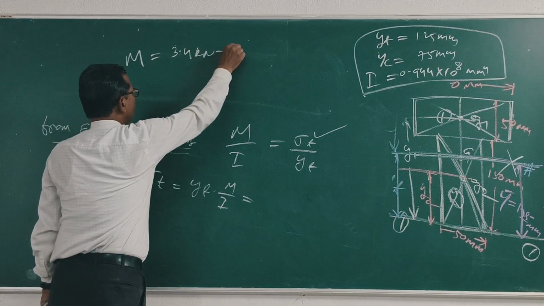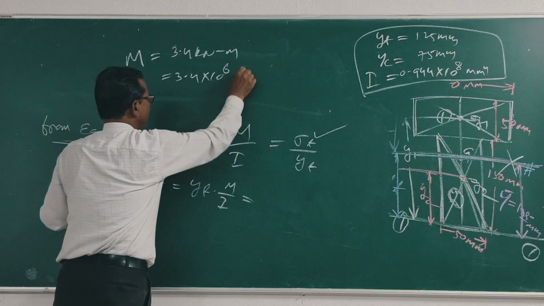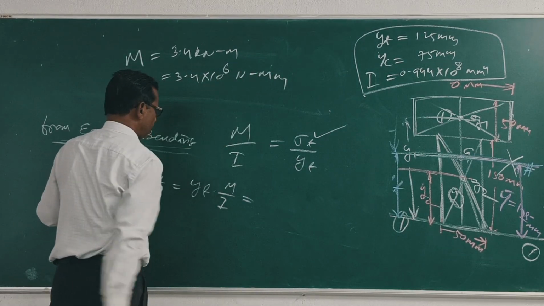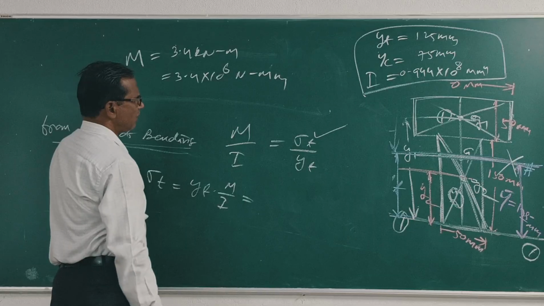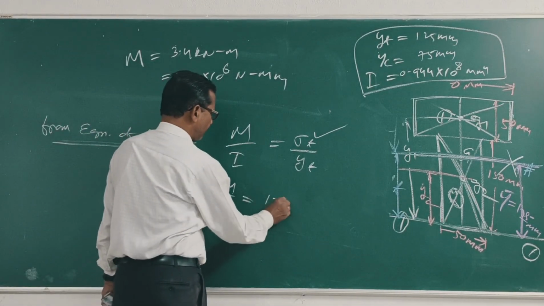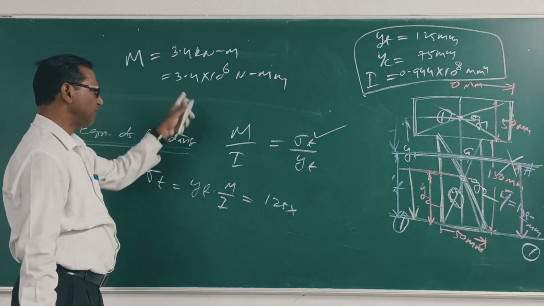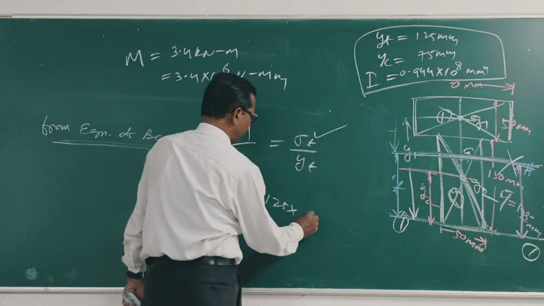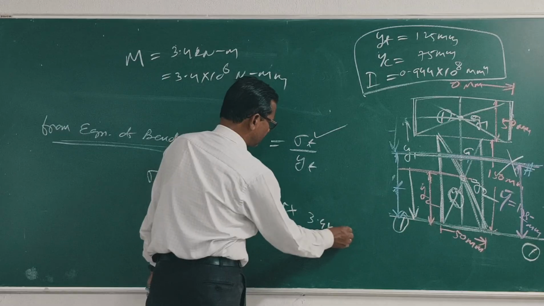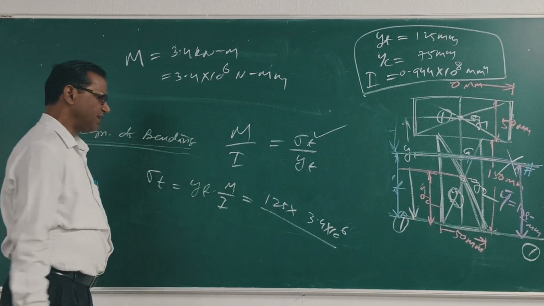This is 3.4 into 10⁶ Newton mm. Put the value here. What am I taking? 1.5. Clear? Yt. And 3.4 into 10⁶ by I